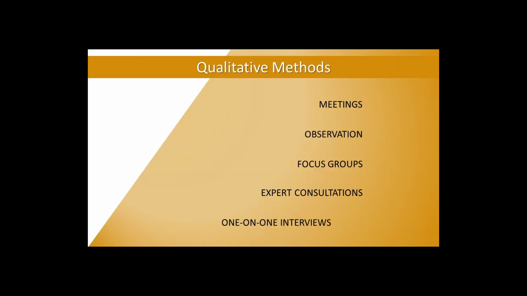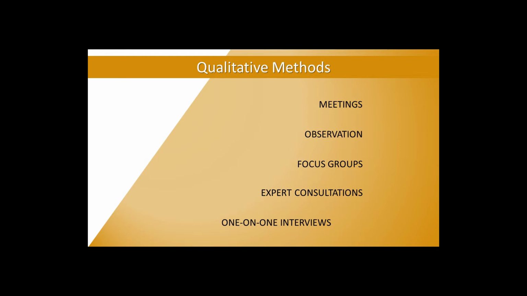Qualitative methods are a good starting point when you begin your assessment. Methods such as observations, meetings, focus groups, expert consultations, and one-on-one interviews can be useful for describing a situation and can provide insight for your intervention approach. You can find more information about each of these qualitative methods at samhsa.gov, or you can contact your community support